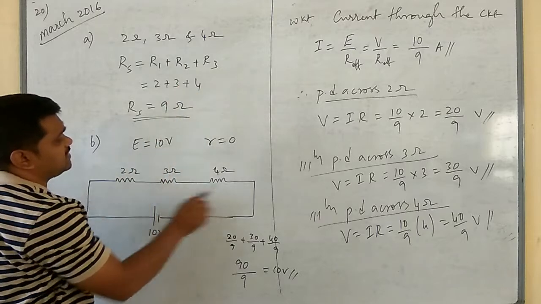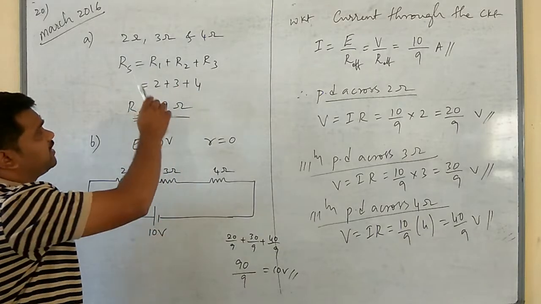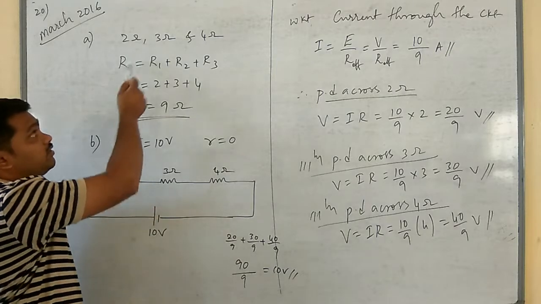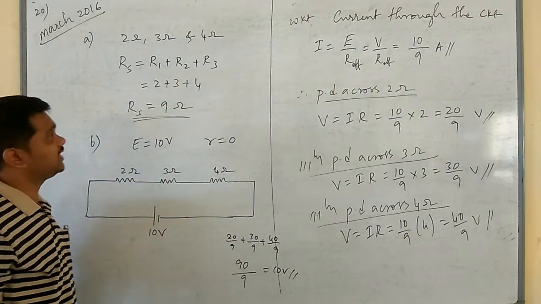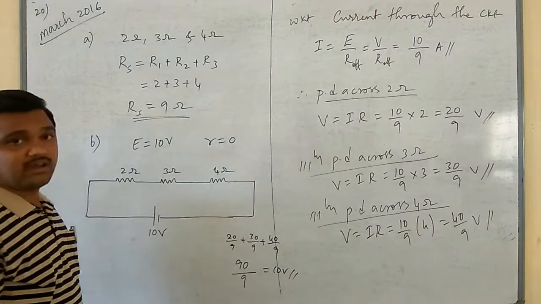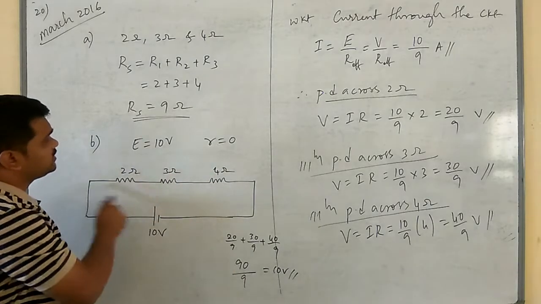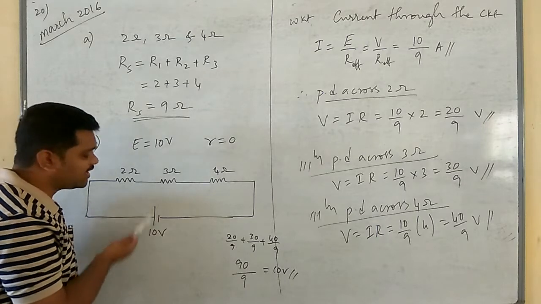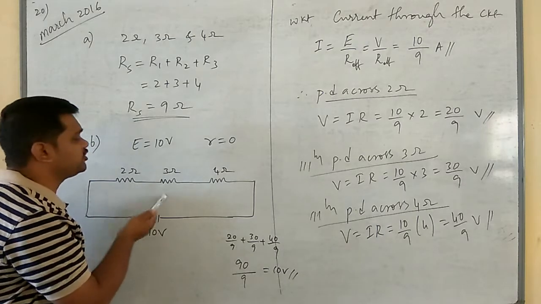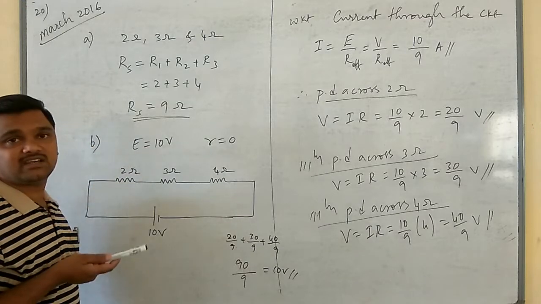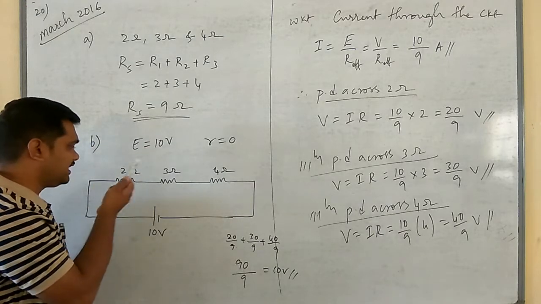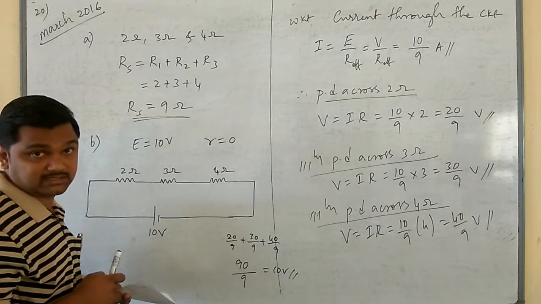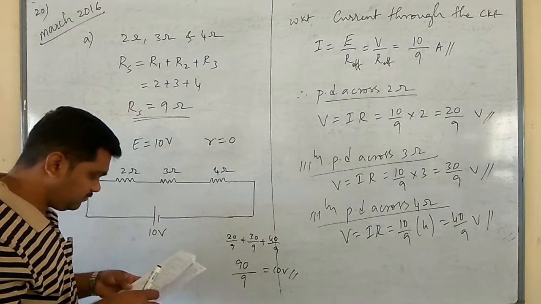First, those three resistors are connected in series and hence find out the R effective. So those three are in series, hence Rs is equal to R1 plus R2 plus R3, that is 2 plus 3 plus 4, 9 ohm. Next, when they have connected that combination to a battery or cell having an EMF of 10 volt, find the potential drop across each resistor. As we know well, in case of a series combination, the potential will split or divide.